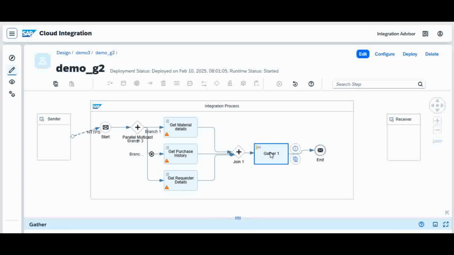Remember, the gather will not work directly from these kinds of palettes. It will either work next to the join statement, or it will work with the splitter. There is another concept called the general splitter. So either next to the general splitter or the join. Remember, gather will work only in these 2 places. So in our case,